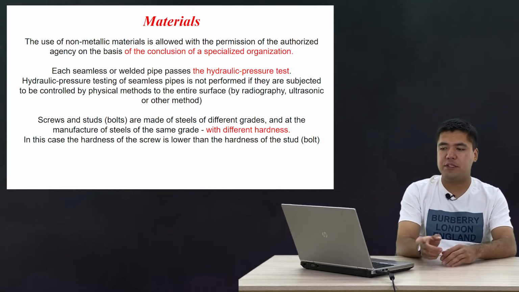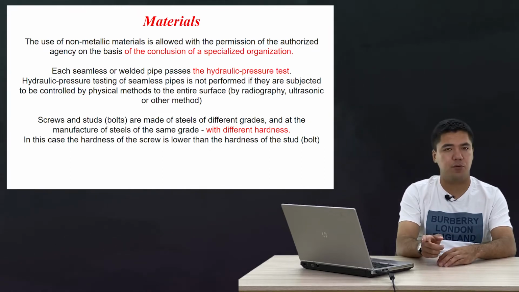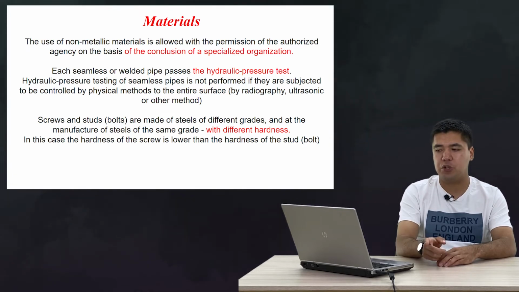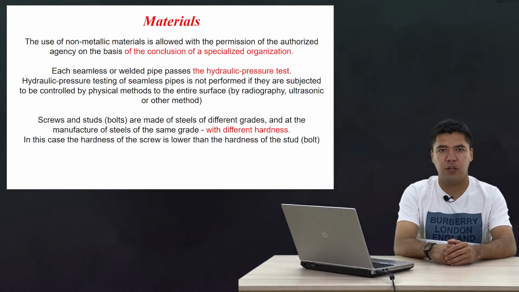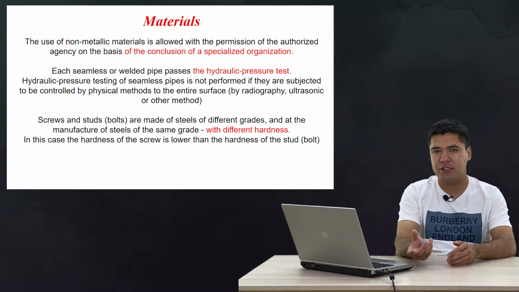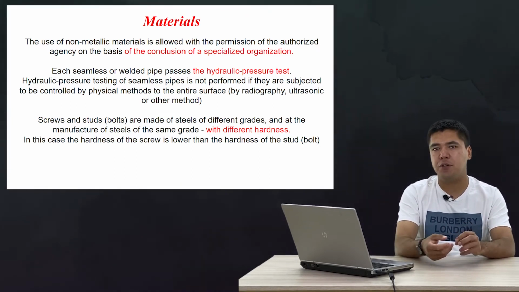And screws and studs or bolts are made of steels of different grades, or at the manufacture, of steels of the same grade with different hardness. In this case, the hardness of the screw is lower than the hardness of the stud. And you may ask me a question, why is there this kind of requirement? So, easy answer: if one detail is softer and one detail is harder, when we screw them to each other,